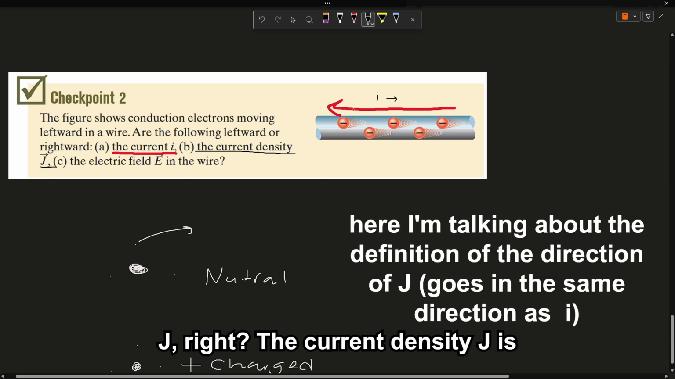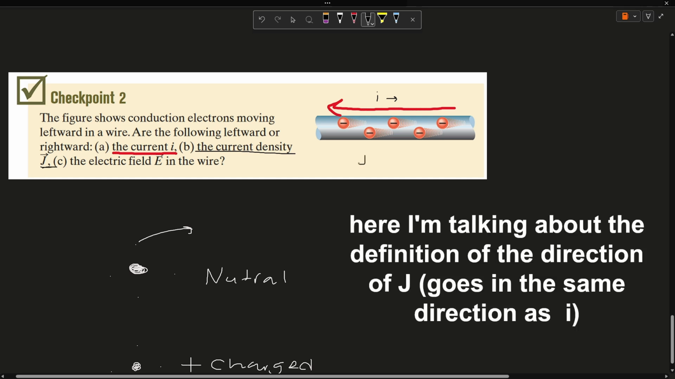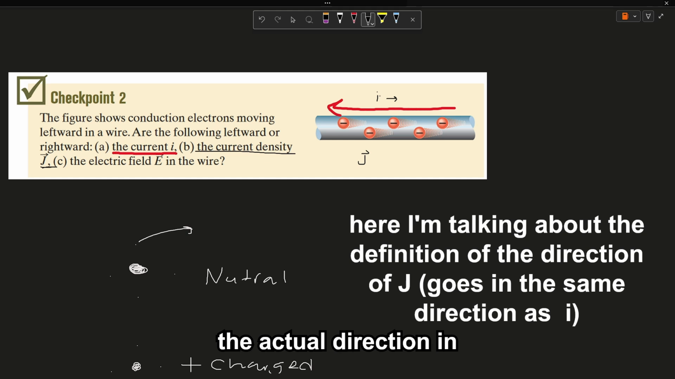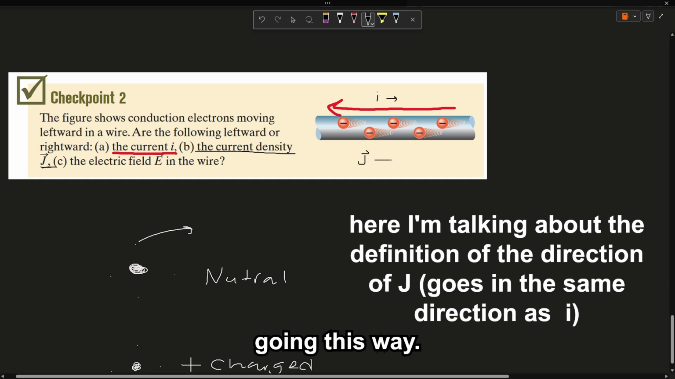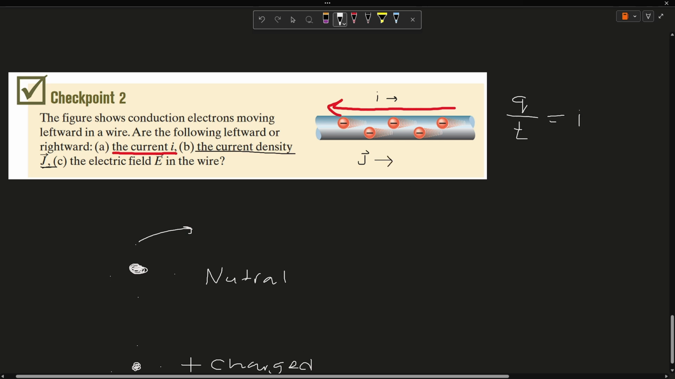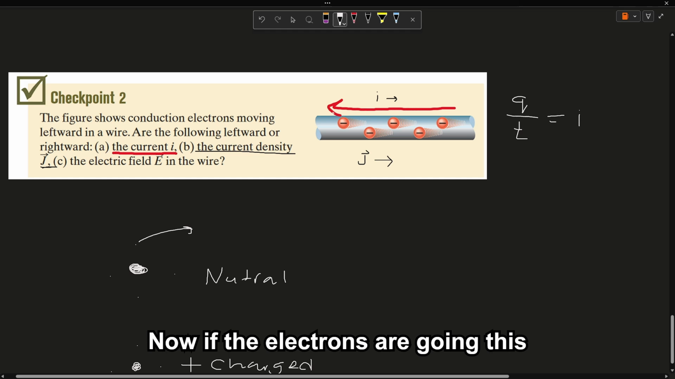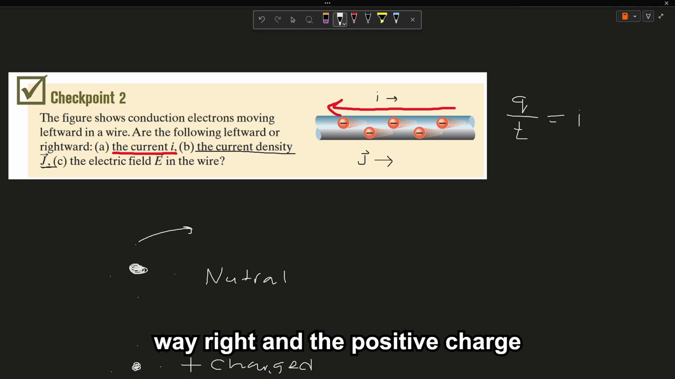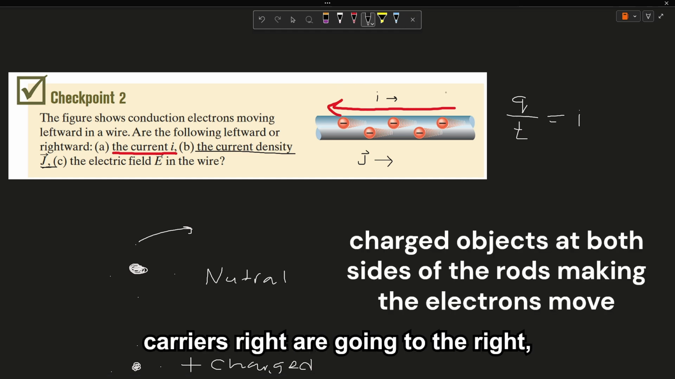So with that being said, the next thing we're looking for is the current density, J. The current density J is defined as being the actual direction in which the positive charge carriers are going. So that's going this way, right? Now, if the electrons are going this way, and the positive charge carriers are going to the right,